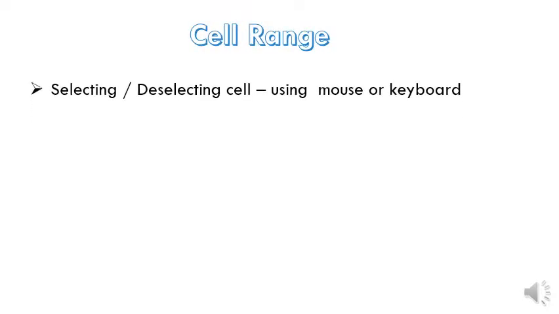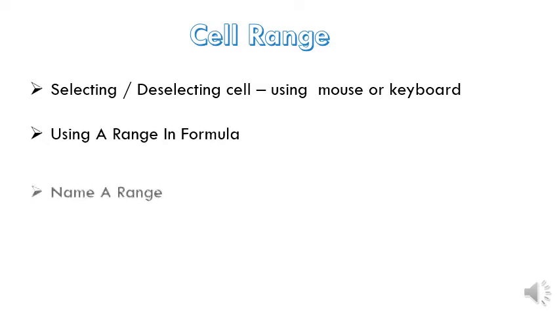After this, you will learn about cell range. How can we select the range? Select and deselect cells. We can select and deselect cells by using the mouse. I will also perform this in our next video, meaning in the example. The next slide is the video slide. In that slide you will find out how we can select or deselect cells using a range formula,